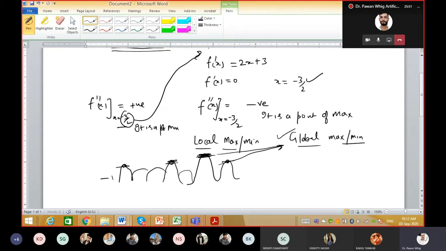And local maxima are the values which are local, which are inside the range. They seem to be at the same height. That's why they all are called local maxima. But global maxima is that value which is the maximum in between all. So this is how the global maxima and local maxima are different from each other. Just wait.